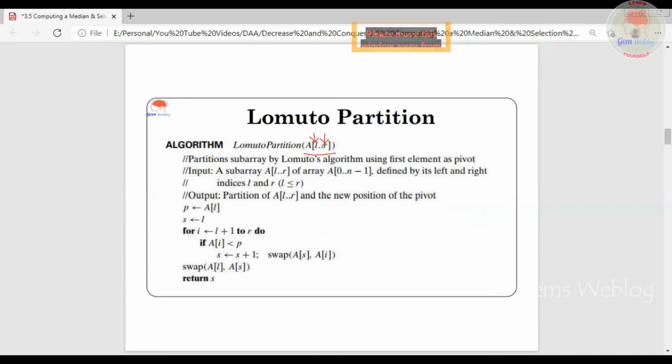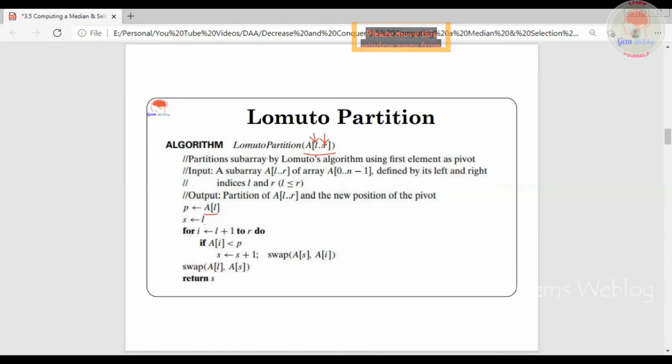Initially, the leftmost element, available at the left index L, is the pivot P, and the left index is also S. Then we start from the next element after the left to the last element. Suppose A of I is less than P. If there is any element less than the pivot element, we shift it to the left side. If it is greater, we leave it off.